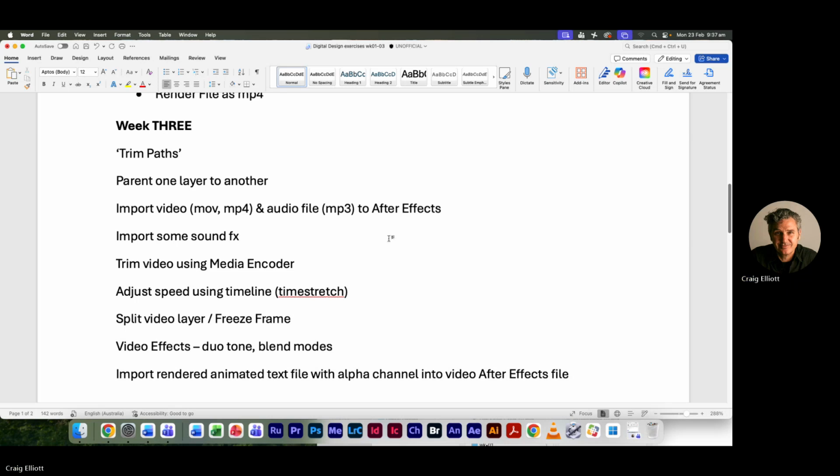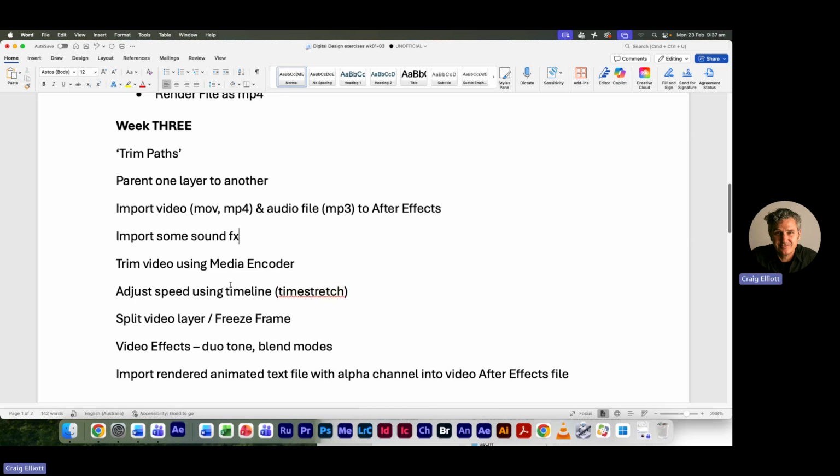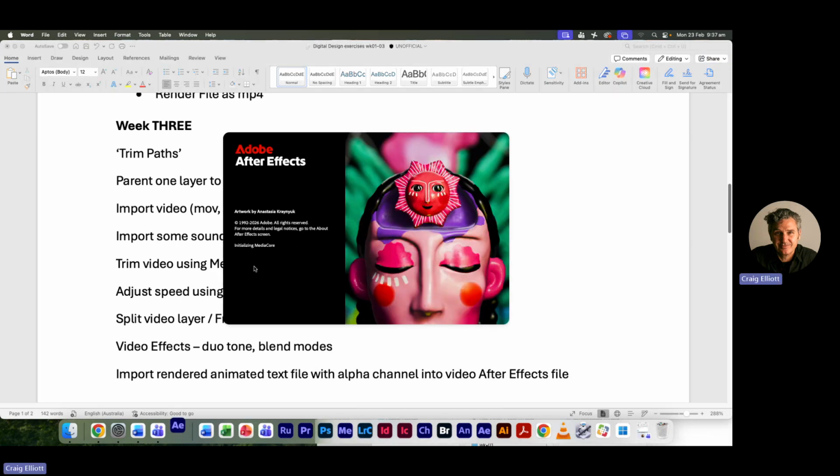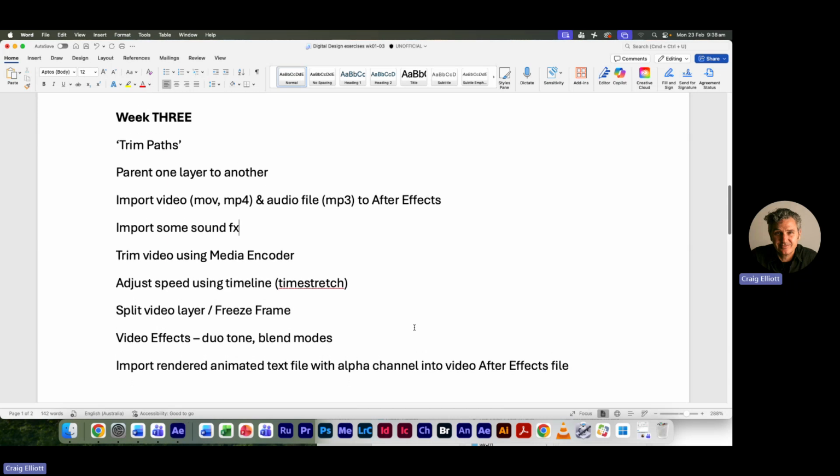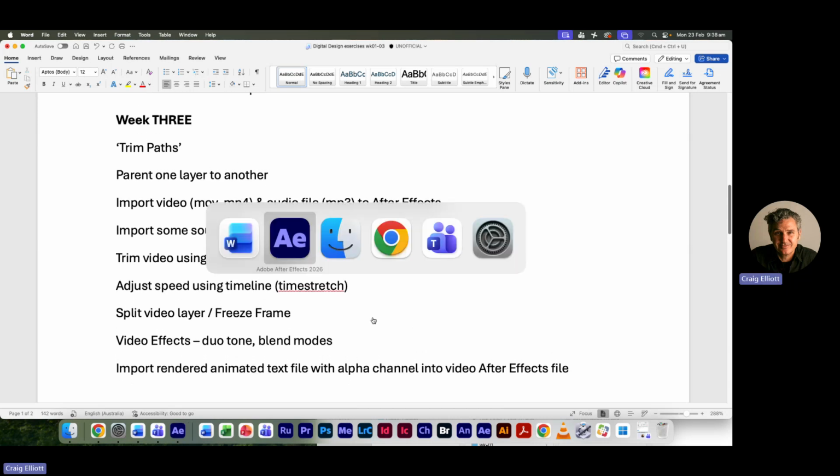We're going to be using a few programs today, as well as After Effects. We'll also be using a program called Media Encoder, which we'll be using to trim some video, which is very handy. And I think that might be about it for the moment. We'll see how we go. What I'll do